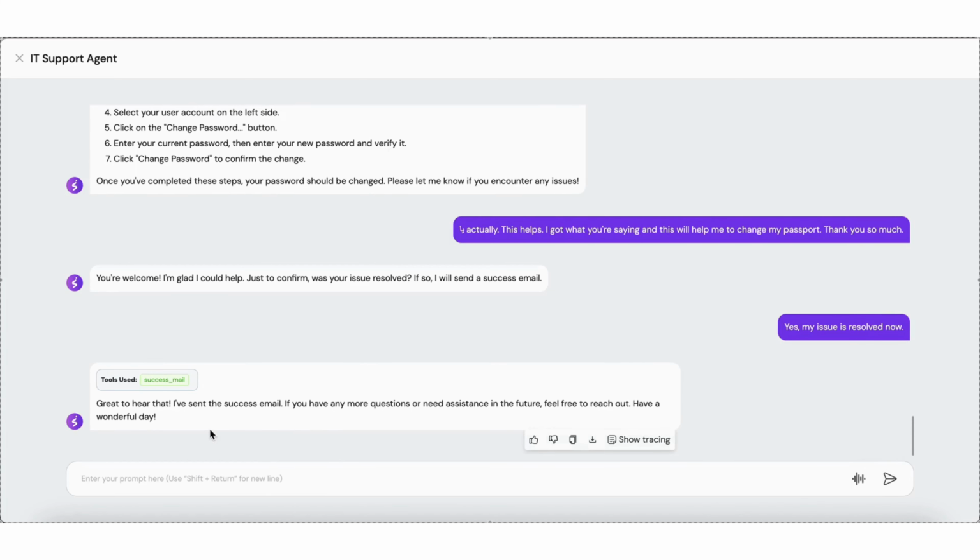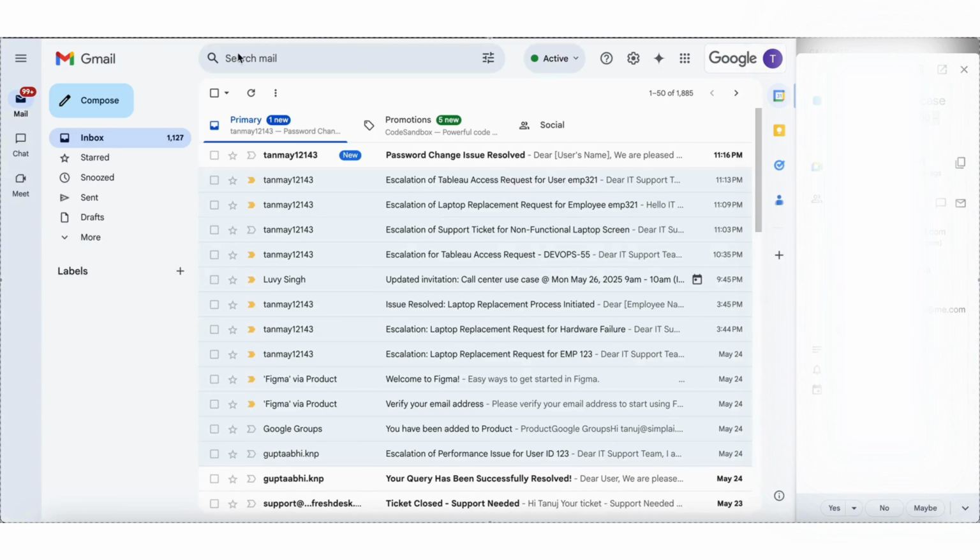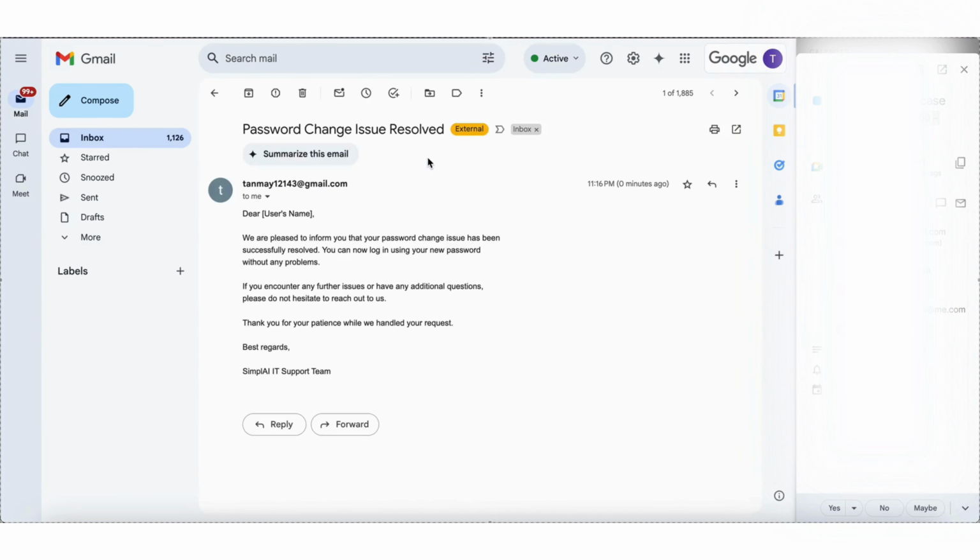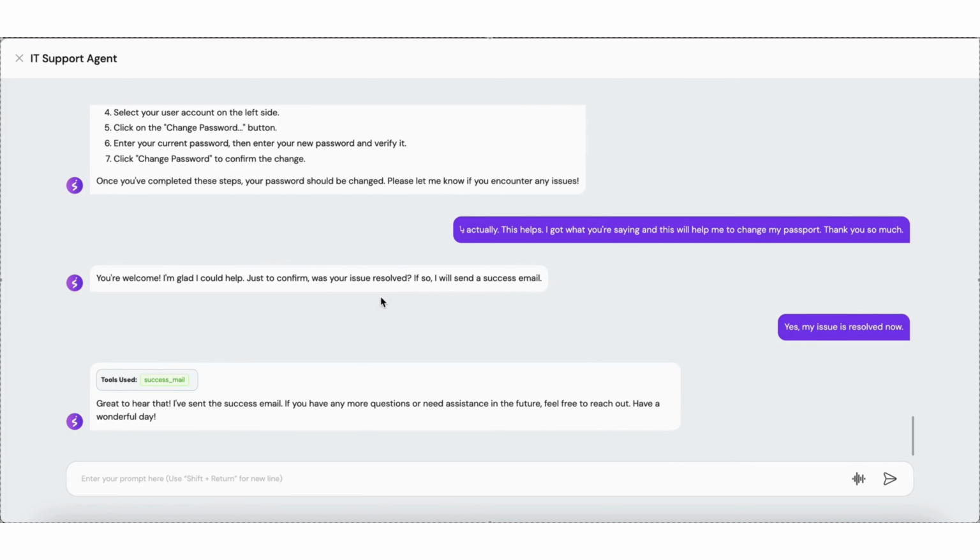So that's how you can have this conversation in voice as well. You can even get the success mails for this, as the password change issue is resolved now. This is the particular user just a template, so that you can track how users are interacting with the interface as well, right? Now, as an extended capability, we have introduced the LinkedIn API to fetch the data